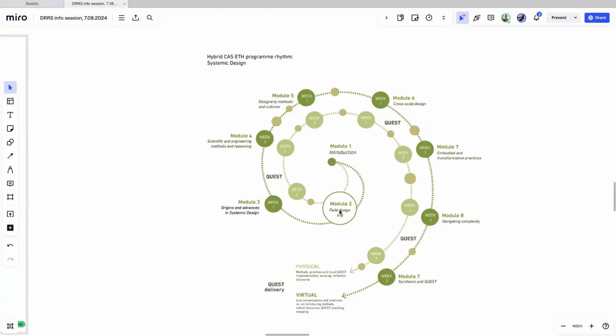So the field design trip here is right at the beginning after the induction module, and then we're having in total 9 modules if we call the introduction and the field design trip a module. The thematic modules then: origins, advanced systemic design directly afterwards, where we dig a bit deeper into what systemic design is, as a kind of cross-disciplinary field that spans from design, I call it, so people who are trained as designers, design schools, from architects to landscape designers to product designers, experience designers, service designers, and other types of design fields. Spanning together with systems thinking.